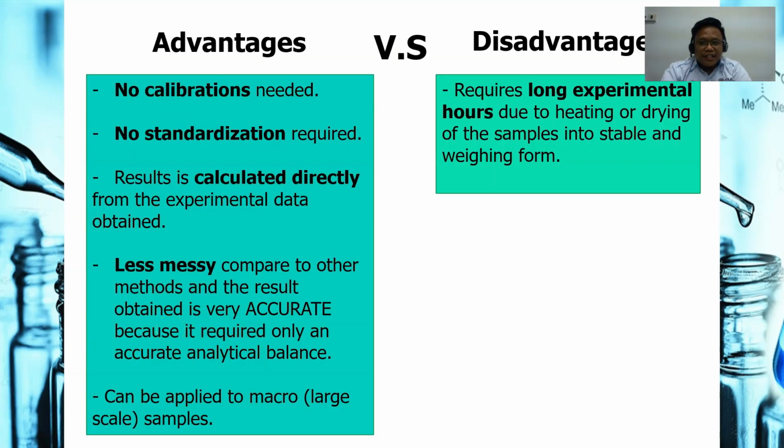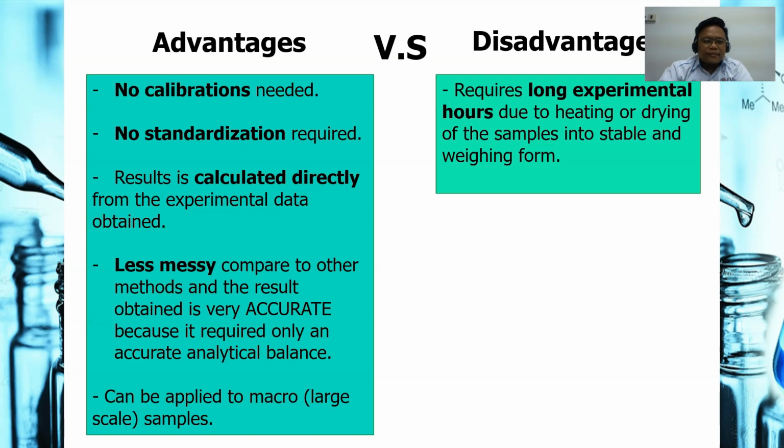Now we move to the advantages and disadvantages of gravimetric analysis. First, in gravimetric analysis, no calibration is needed and no standardization is required. This is because the procedure just involves the separation technique, which is the filtration process, and then the result is calculated directly from the experimental data obtained. After you get the product from the drying process, you just need to measure the mass using the analytical balance, and then from the mass that you get, you can calculate the